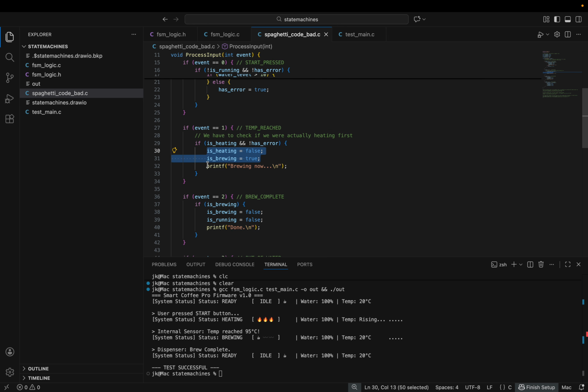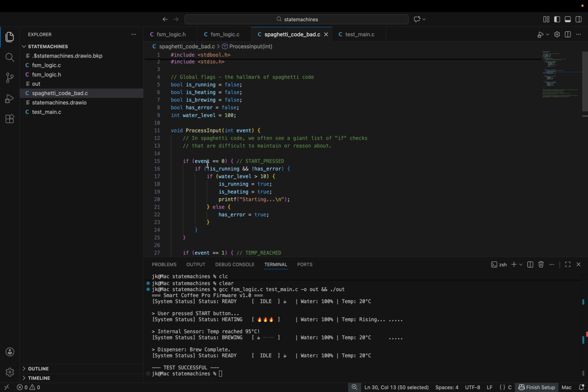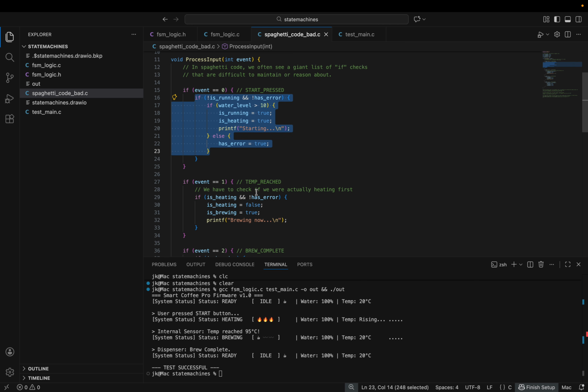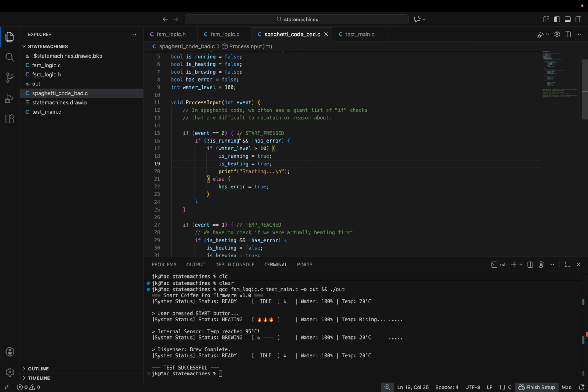So just think about it. If we want to add some state, like a cleaning state, what are we going to have to do? We're going to have to do so much work. We're going to have to add a Boolean. Then we have to go through manually all of these if event cases, and say, okay, do